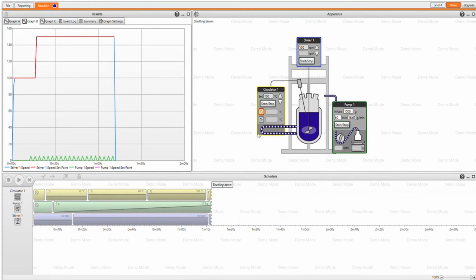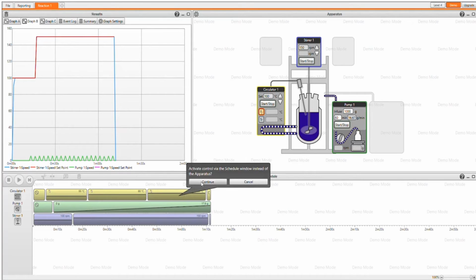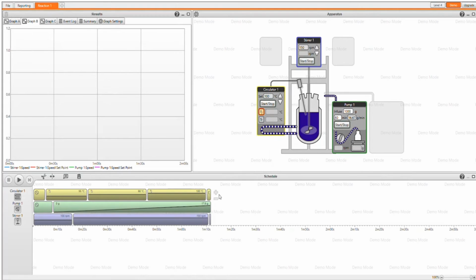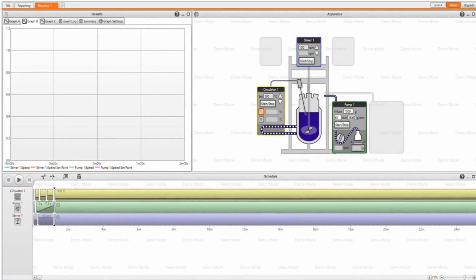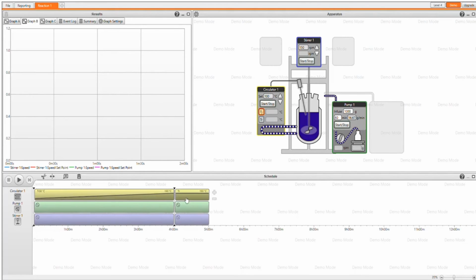More commonly, people want to set up profiles beforehand so that you could have heating ramps or controlled additions, and you do that using the schedule window. So if I click down here, it'll say continue using the schedule window, ask me to save my results again, and now I can input things like long temperature ramps, maybe a slow heat up to match my production process. Perhaps I'll do that over 4 hours,